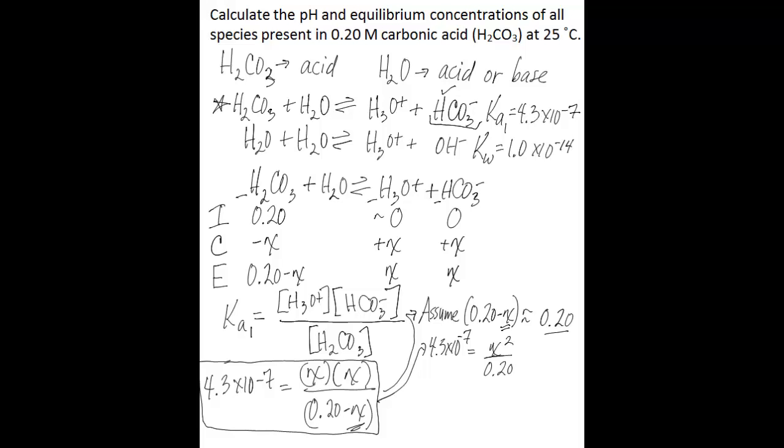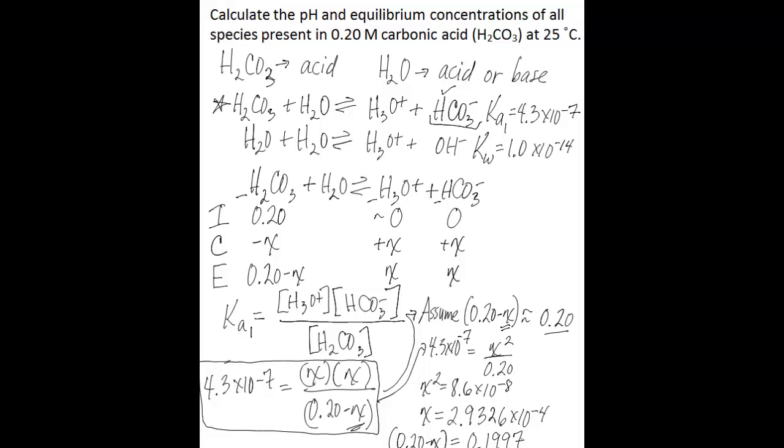0.20. Multiply both sides by 0.20, you're left with x squared is equal to 8.6 times 10 to the negative 8, and then take the square root of that number and you'll get 2.9326 times 10 to the negative 4. So we test that assumption by subtracting that x value from 0.20, and when you do that, you'll find you have